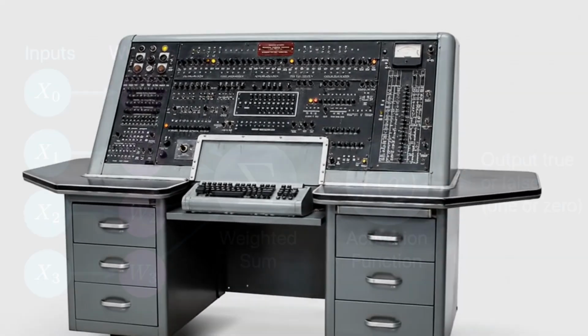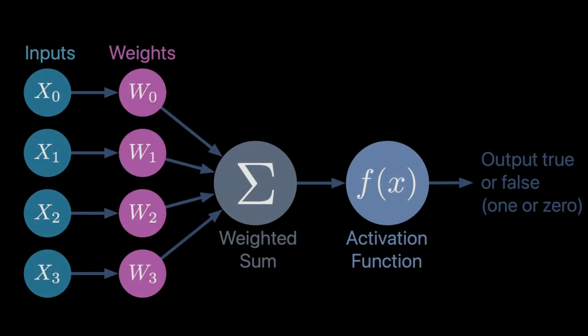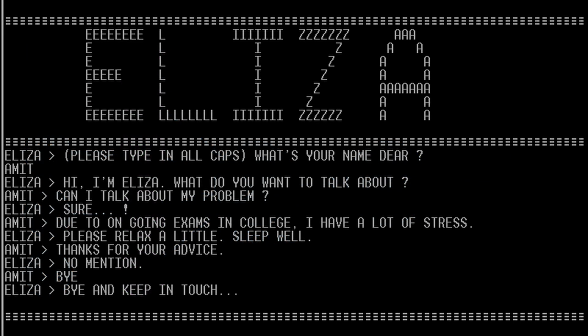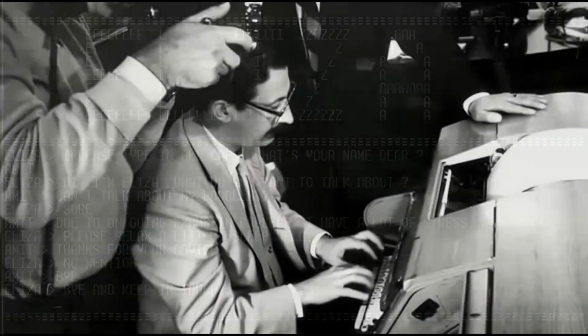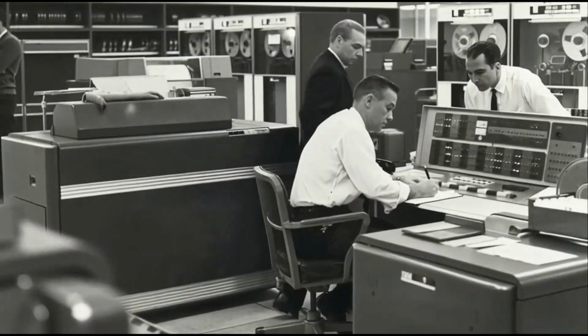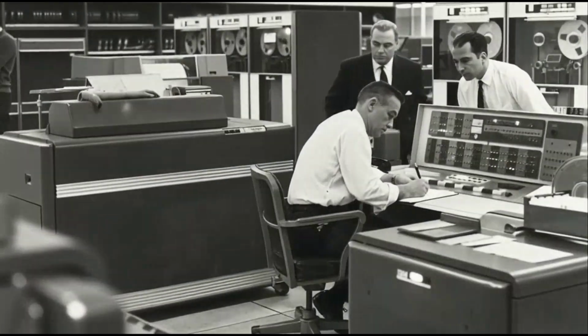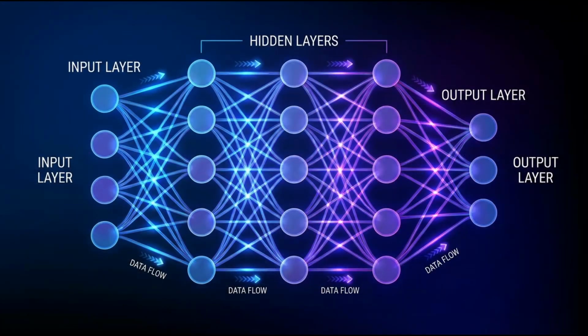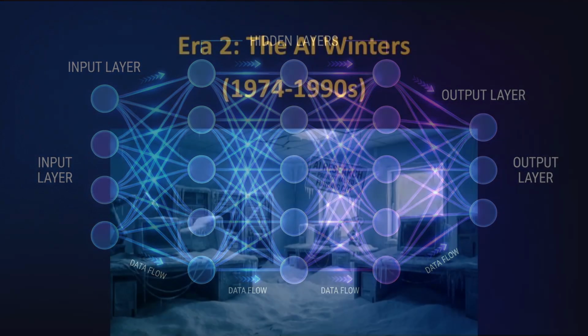We saw incredible early milestones like the perceptron, which was the foundation for modern neural networks, and the ELIZA chatbot, which fooled people into thinking they were having a real conversation. This era was defined by the belief that if we could just write down all the rules of human knowledge, a computer could follow them. They were focused on symbolic AI, trying to hand-code intelligence, but this massive ambition would soon run headlong into a very harsh reality, which brings us to our next era.